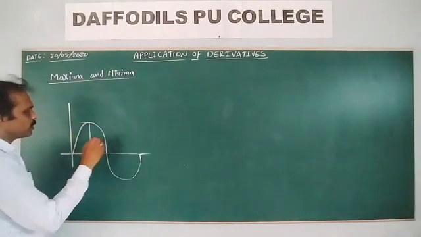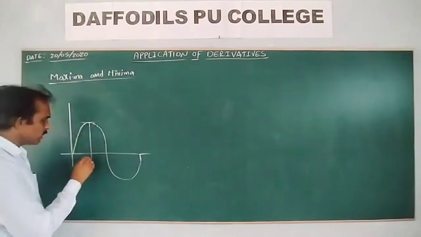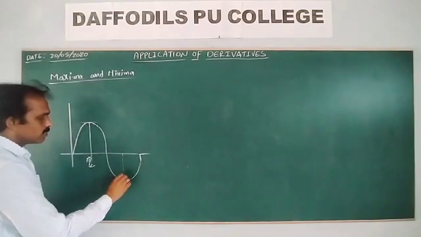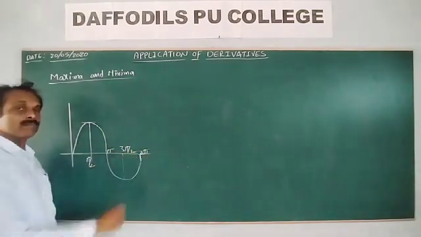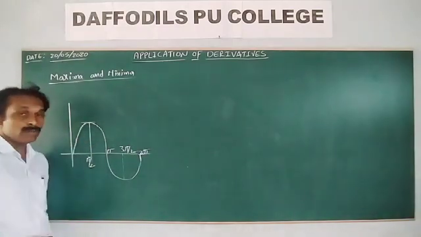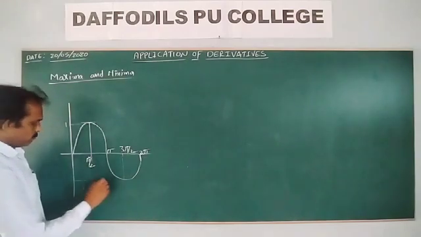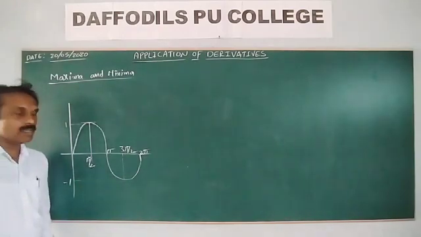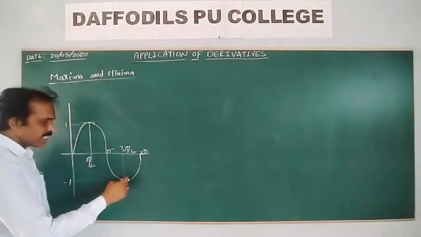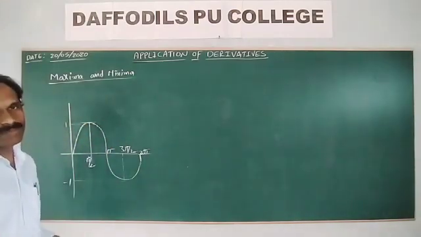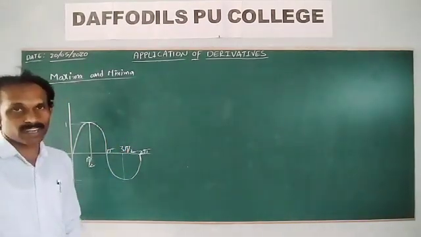At this point, at C point, suppose, okay, so this is the sine curve. This is a sine curve, at pi by 2, and this is 3 pi by 2, and this is pi. At pi by 2, the sine curve changes its nature from increasing to decreasing, and here decreasing to increasing, and vice versa. The point where it changes its nature is called a turning point.